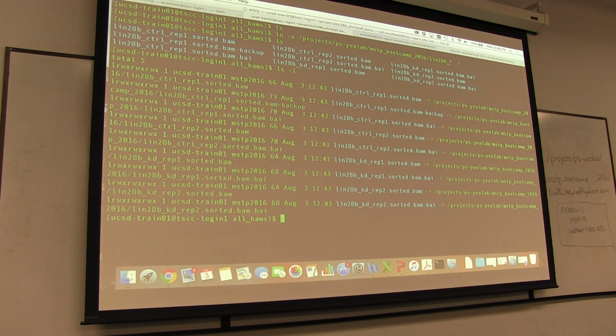Raise your hand if you have successfully made all of these soft links. Good soft links? Not quite yet. Okay. So clear your screen. Clear. Okay, so ls. So you want to remove